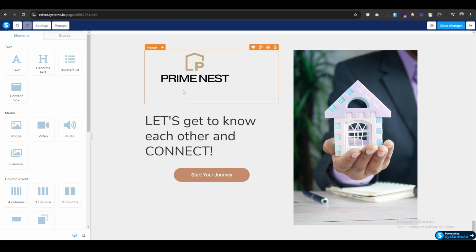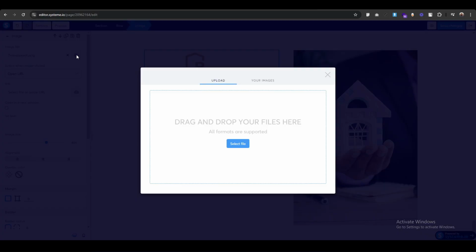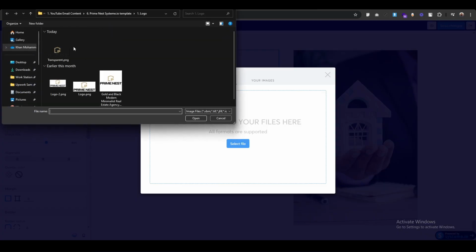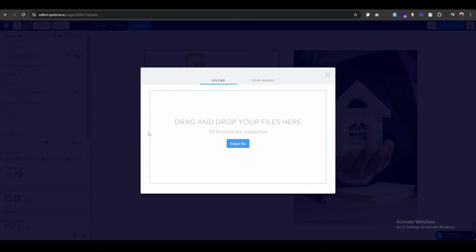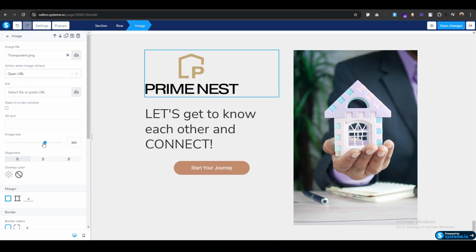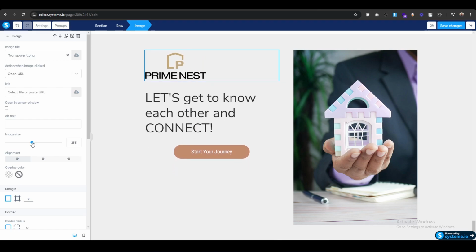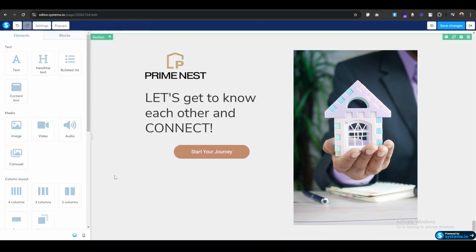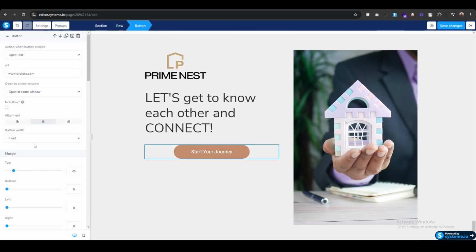There is so much spacing, so we have to remove some space. I cropped the image. Let's upload it again. And decrease it. It looks fine. Design this button